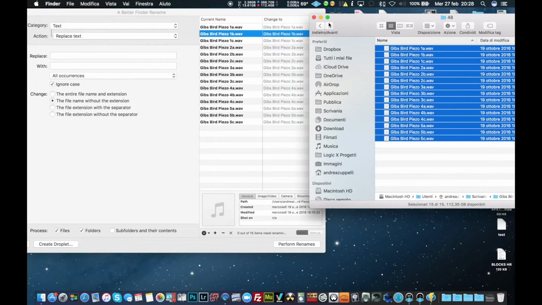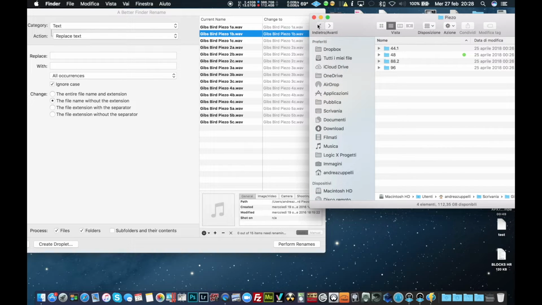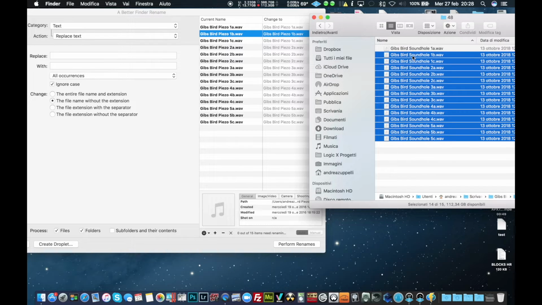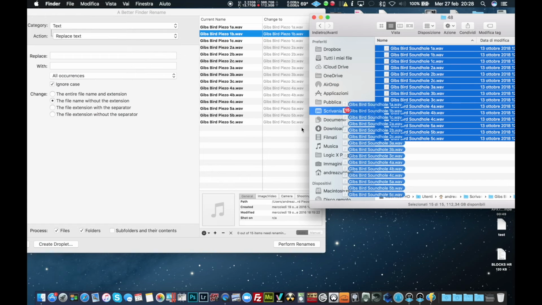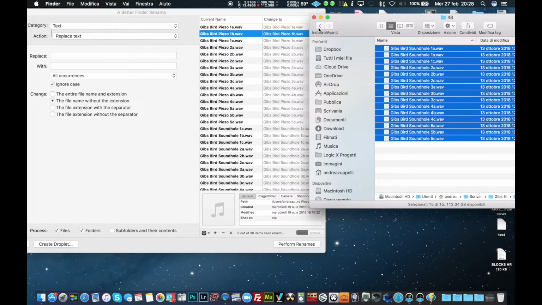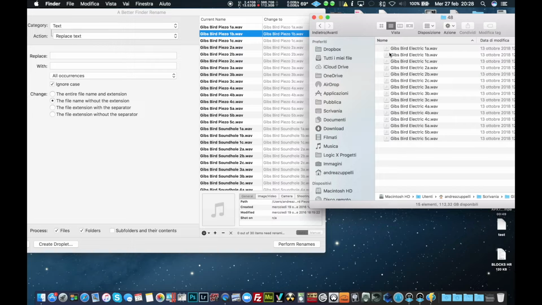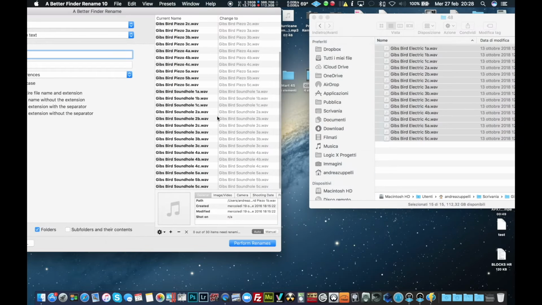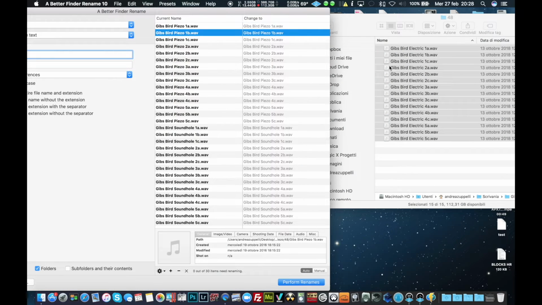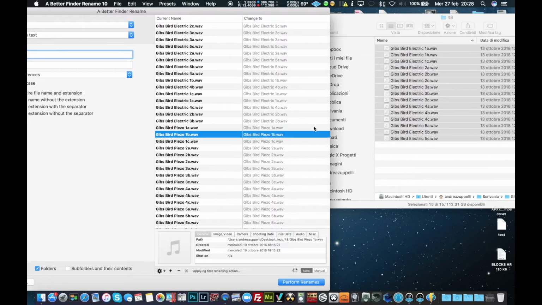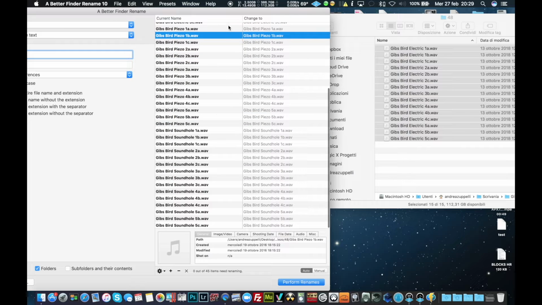Okay, then we go to sound hole 48, take this and put here, and the same thing we do with electric ones, so we can put here, gonna enlarge it. Okay, electro, piezo and sound hole. So